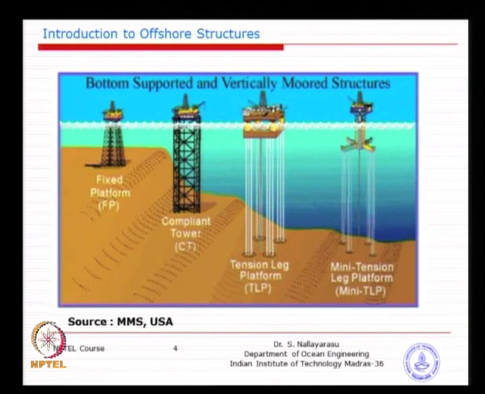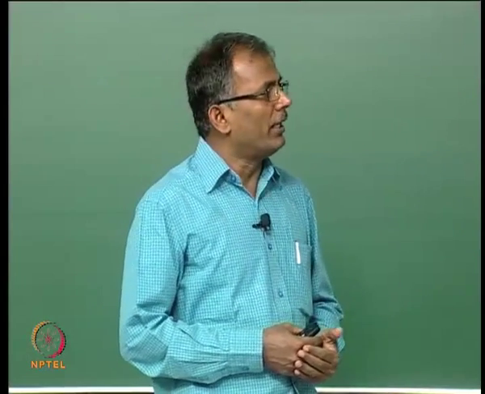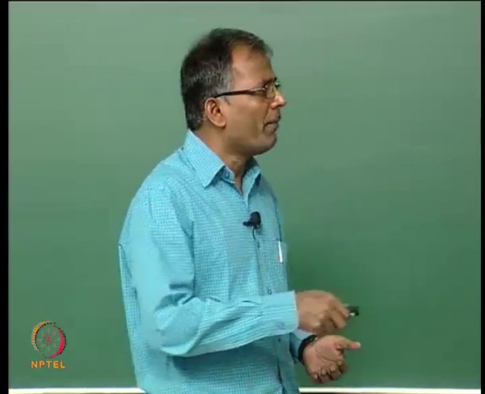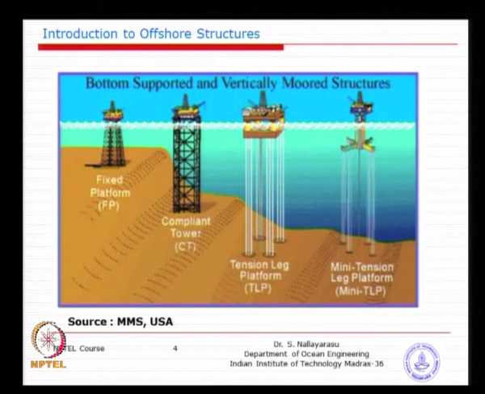Typically, for a 100 meter water depth, the legs have an inclination of 1 in 10. We will see why we are doing this later. If you do the same thing here, what will happen? The base becomes too large. With today's installation capability, it will be too big for transportation and installation. So, that is why you make it slender, and then we remedy it by other specific design. Basically, it becomes too slender, almost a cylinder cantilever, whereas the first one is better in terms of bottom fixity and the displacements will be controlled.